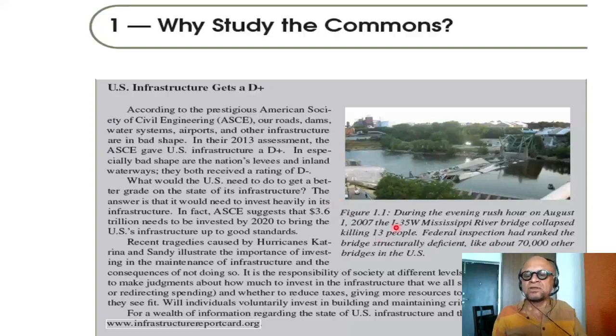Okay, so here we are looking at the rush hour on August 1st, 2007. The I-35 West Mississippi River Bridge collapsed, killing 13 people. You can see the collapsed bridge here. Federal inspection had ranked the bridge structurally deficient, like about 70,000 other bridges in the US. What happened? According to the prestigious American Society of Civil Engineers, our roads, dams, water systems, airports, and other infrastructure